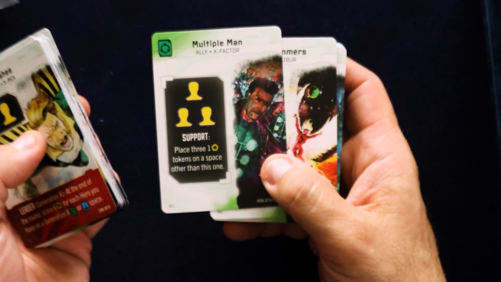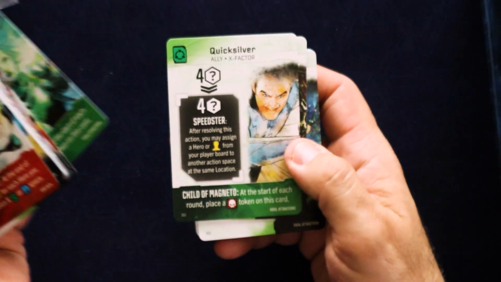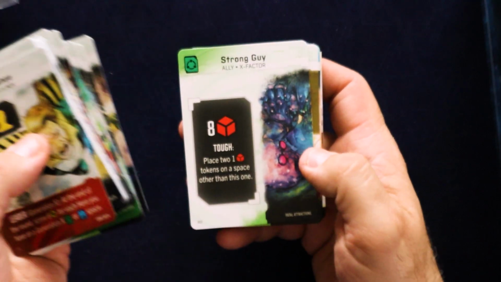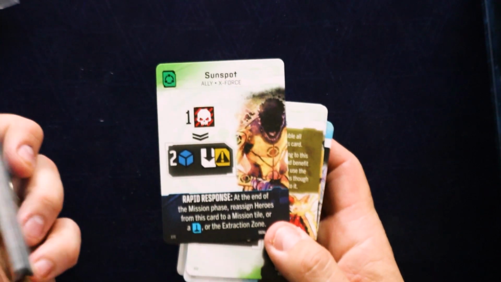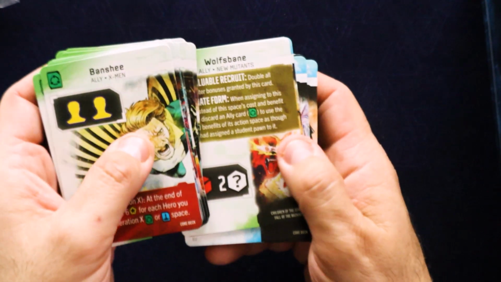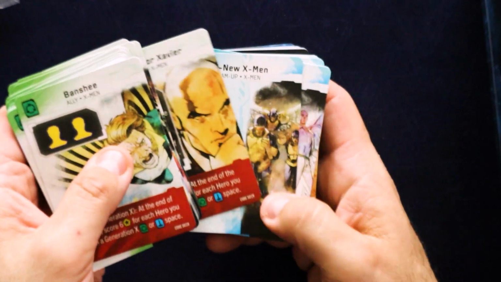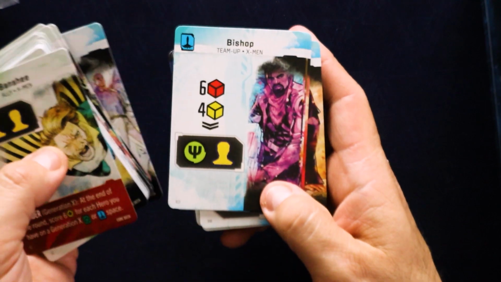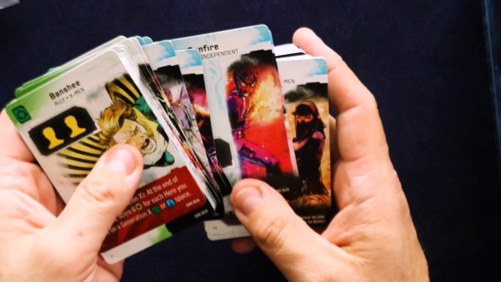But anyway, Multiple Man, Rachel Summers, Polaris, Quicksilver, Rictor, Siren, Strong Guy, Sunspot. It's hard to show you this because my thumb wants to be right where their pictures are, and I'm trying to show you the pictures. Wolfsbane. She's kind of a different setup on her card. I don't know why. Professor Xavier, all new X-Men, Angel, Bishop, Colossus, Psylocke, Sunfire,